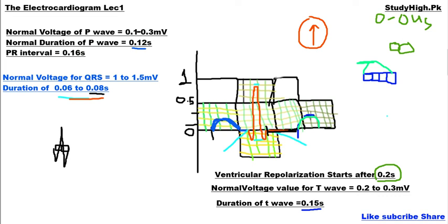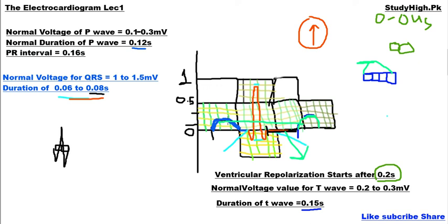Its height will be a little larger than that of the P wave, whereas it will be less as compared to the QRS complex. So these are the normal voltage and time duration values, which will help you in the diagnosis of different types of diseases. If T waves start soon after the QRS complex, it means that the duration after which the ventricle will repolarize has been reduced. Or if the P wave is shorter, then you can say that the ventricles are not contracting properly.